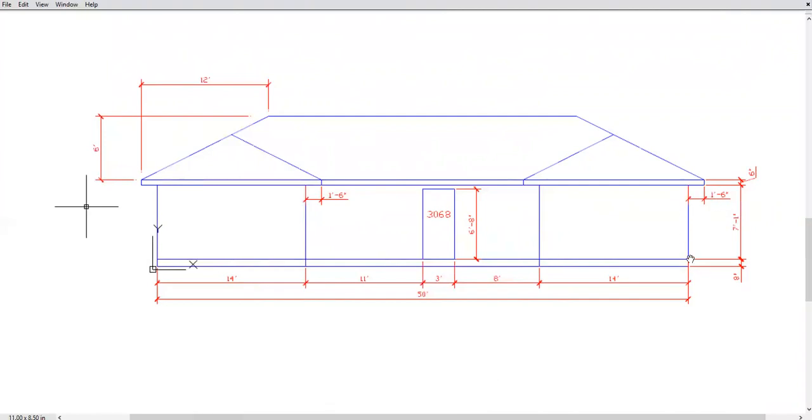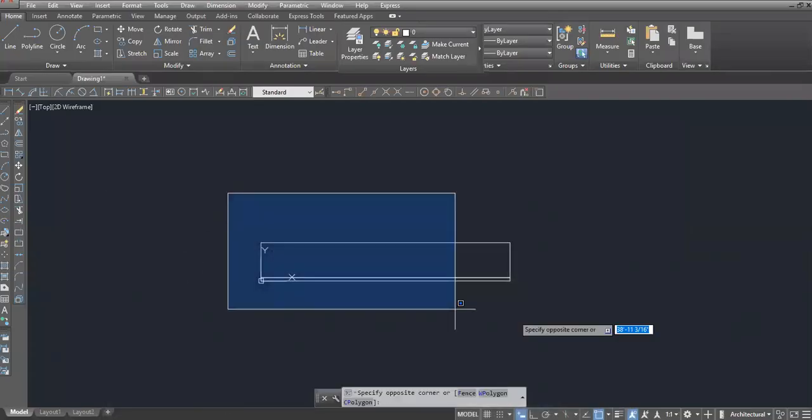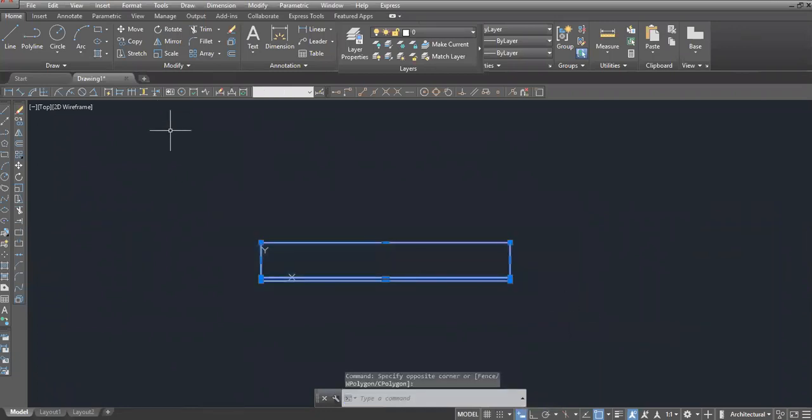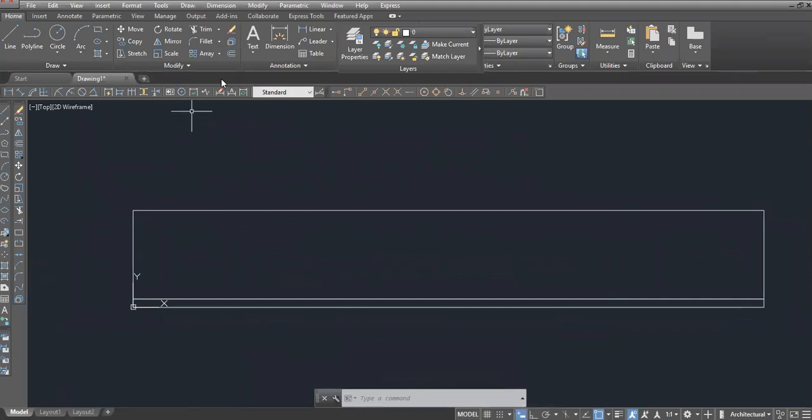So we are going to select offset. We're going to offset this line for 14 feet, and then 11 feet, and then 14 feet this side. So first we need to explode our rectangle. So it'll only offset this line right here instead of the entire rectangle. So we'll go to offset, type in